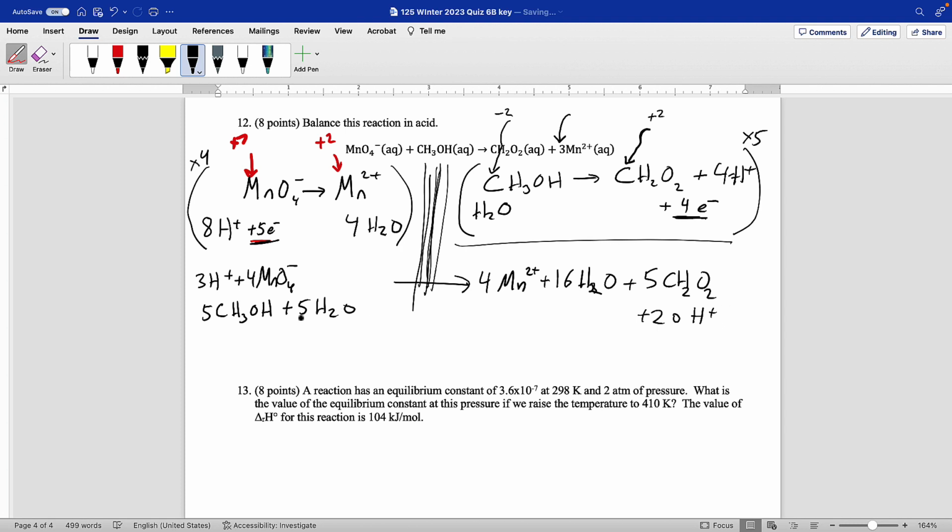So we've got 5 waters on this side, so let's subtract 5 from there and subtract 5 from here and say 11 waters. And we've got hydrogen ion on both sides too. We've got 20 on the right. We have